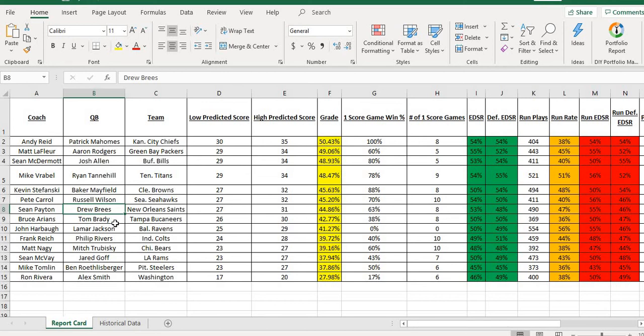Mike Evans might be missing this game. I actually think he's going to be out this game, and if he does end up playing, he's going to probably be hampered by a hamstring injury. So just keep that in mind as well. Not to say that the Buccaneers couldn't win, but if they do win, I think it's going to be a lot closer than what Vegas is telling us right now. I'm really expecting more of a 24-21 game, either way.